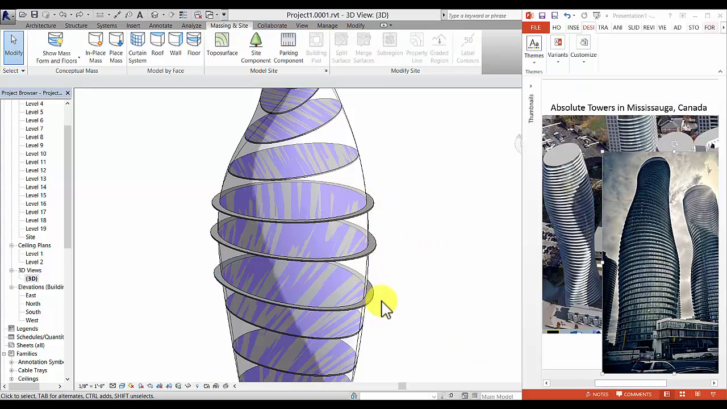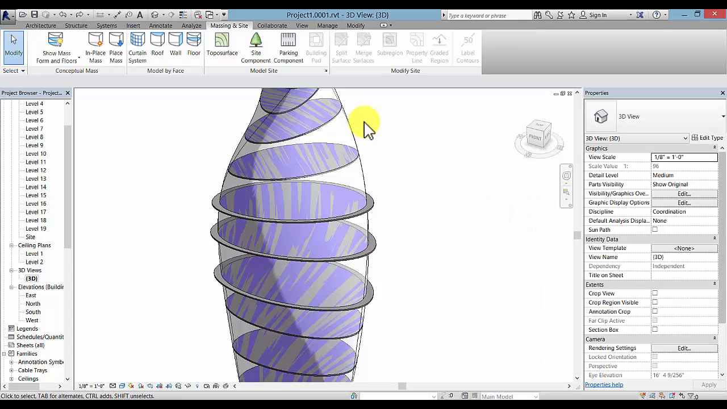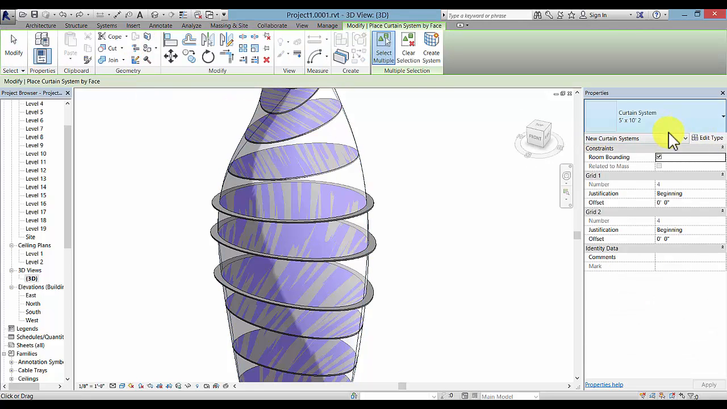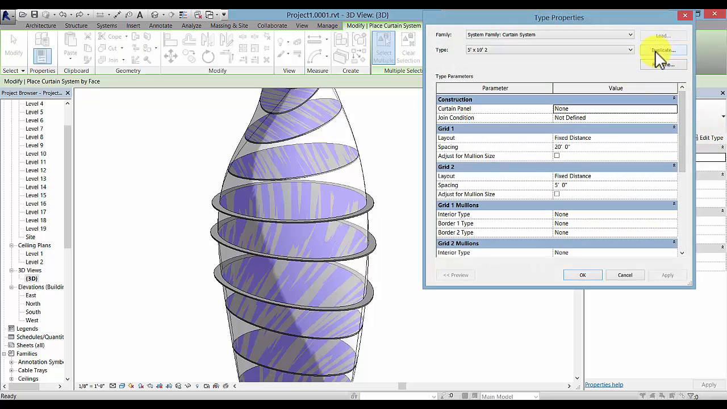So now that I have a few floors, I can see here that the glazing looks to be a little bit more vertical, but you can take a closer look if you'd like. So when in the Massing and Site tab, I click on Curtain System, I can pick here Edit Type and Duplicate, creating a new curtain system so that you can change the spacing. I'm going to change the spacing for the grid 1 at 5 and the grid 2 at something taller, like maybe 20. And if I pick Apply and OK,